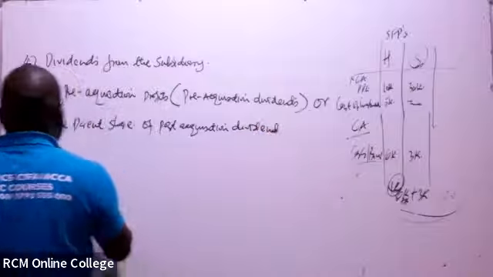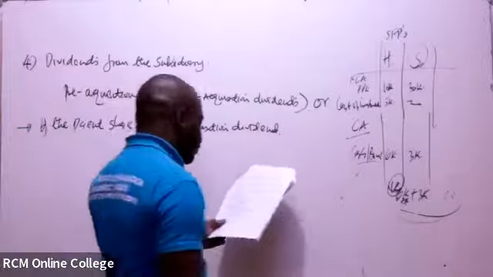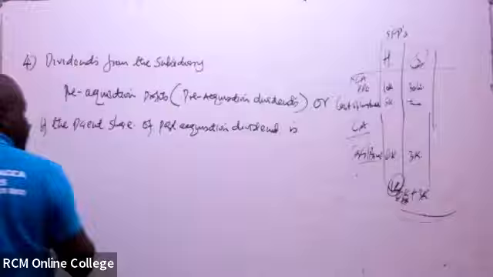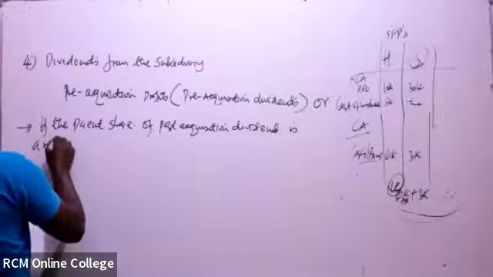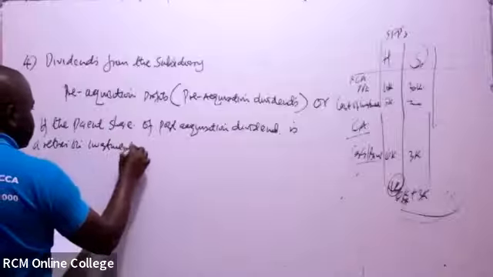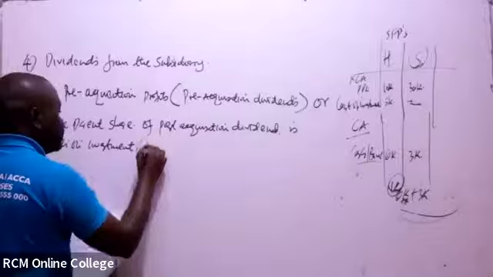This is now another point. If the parent share of post-acquisition dividend is a return on investment, or you can put in brackets, is an investment income,